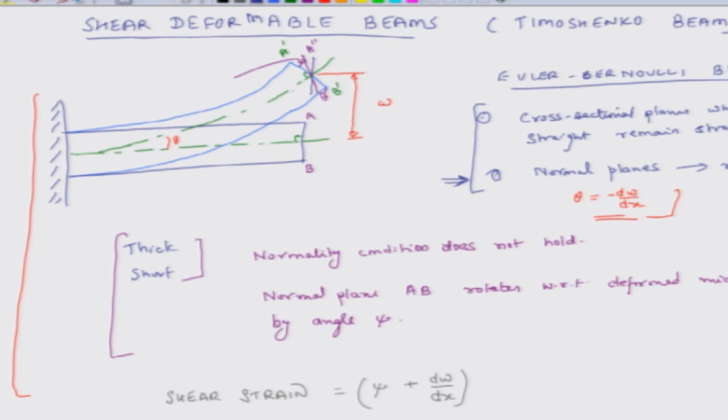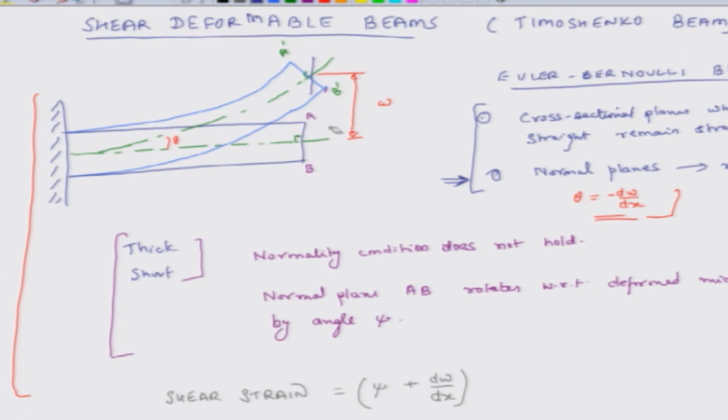So, psi, I must apologize for all this mess. So, this is the deformed beam and this angle. So, this is the deformed beam in case of Euler Bernoulli, and